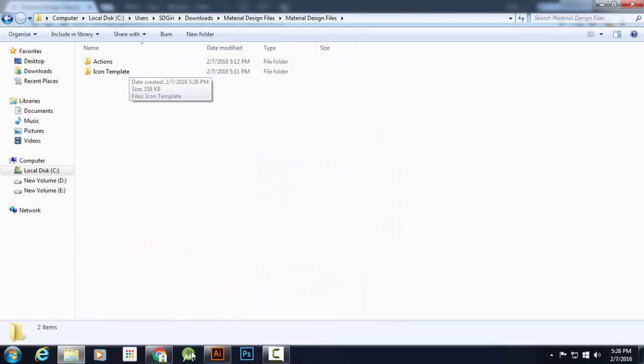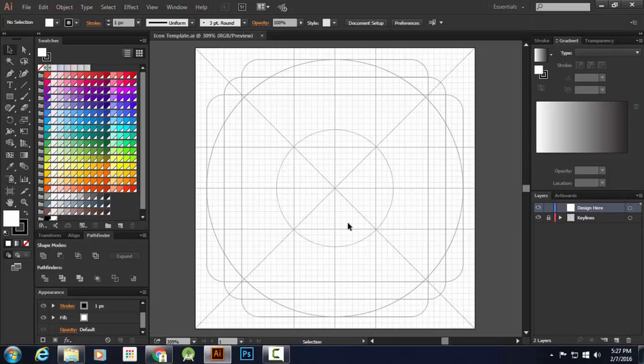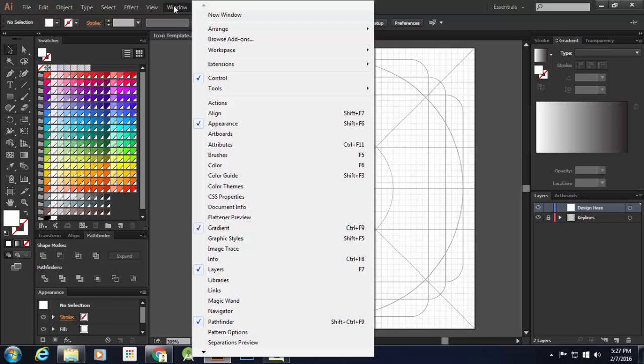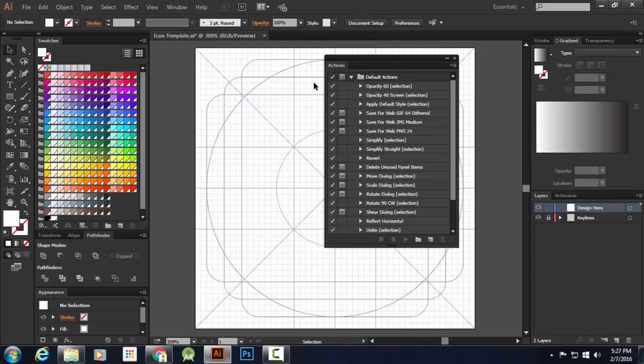files. So first of all, I'll open up the AI and then go into the icon template and open this up. It will open and load everything, but I'll also just set up my actions. So to enable actions, just go to the window and select the action. You'll see these default actions already there. So what you'll need to do is just select this one, default actions, and hit the delete button